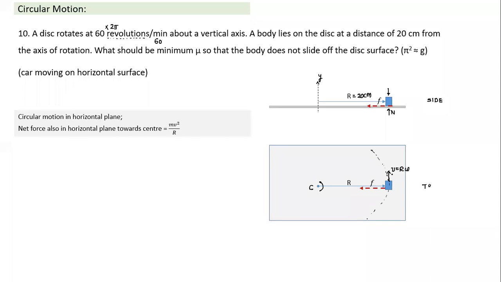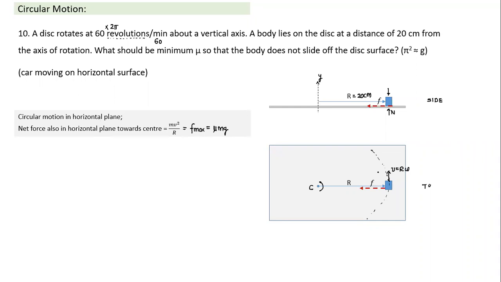It may come into the limiting state. What is the limiting state? If the speed is slightly higher, it will start slipping. So in the limiting state, when it is on the verge of slipping, the friction force, this term, has to be equal to F max. That's the limiting state. And F max is equal to mu mg. So that's the condition, the net force acting in the horizontal direction.